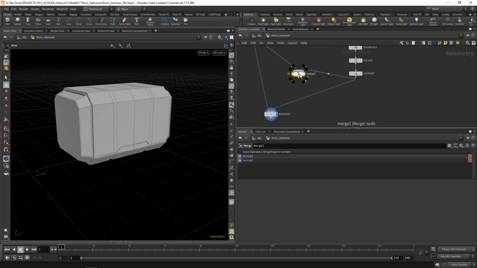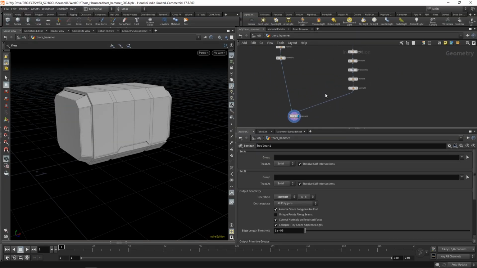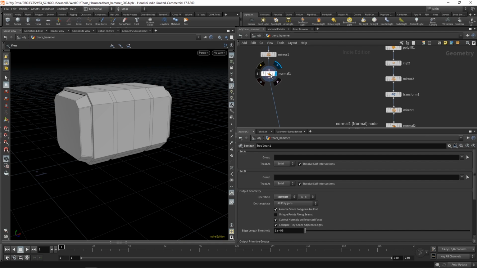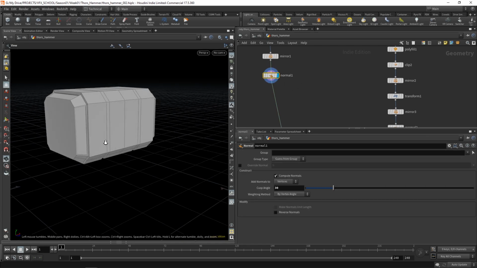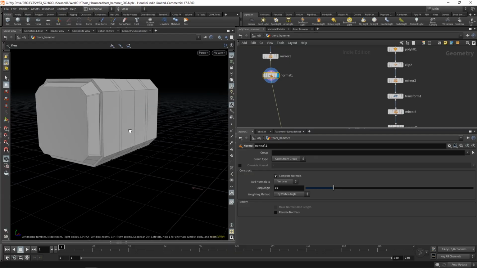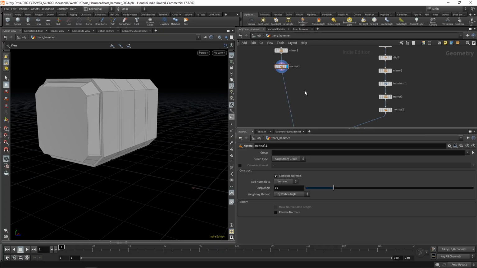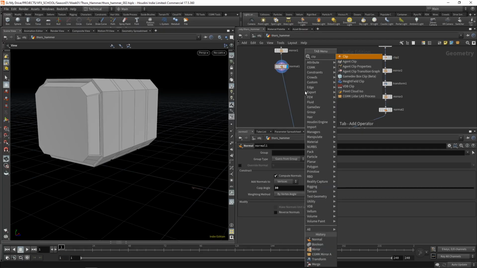So we don't need this merge. This is done. Now we're going to be doing that here before the boolean. We don't really need to affect the boolean. So before the boolean, we're going to just make sure that we have a division here and on the other side as well. The clip operator, if we create a clip,